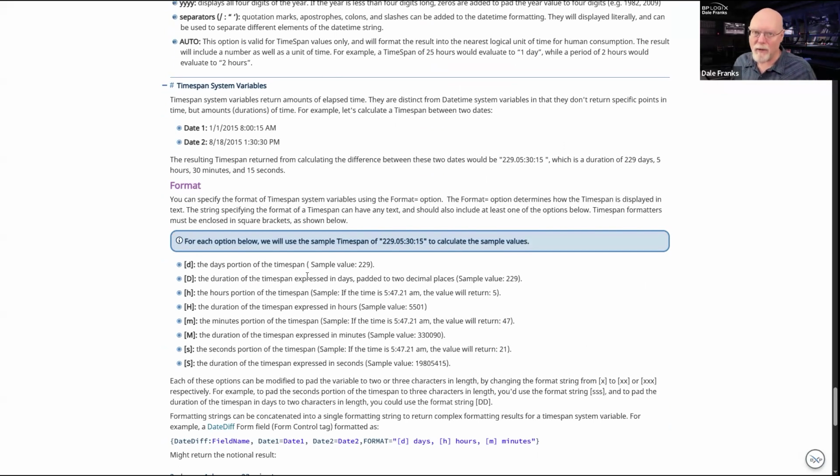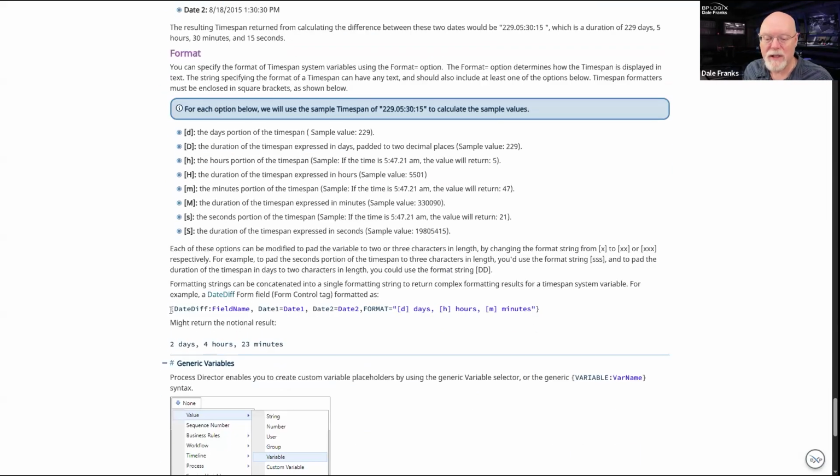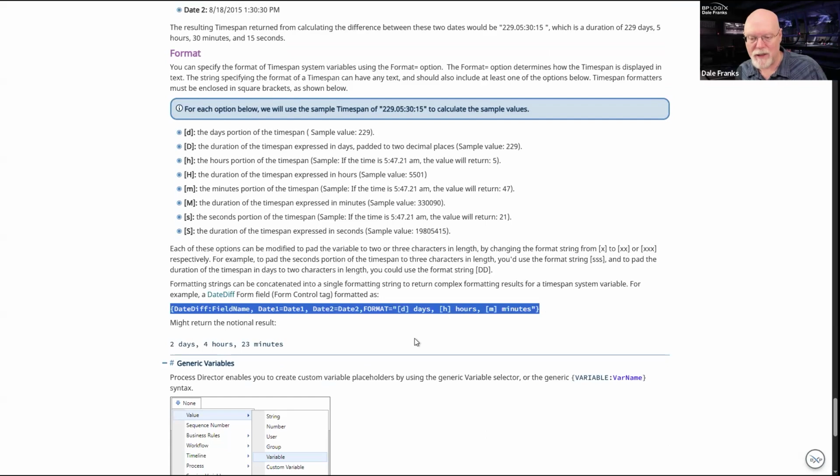Time span system variables don't return date times. They return elapsed time. So for example, with the date diff system variable, I want to find the difference in days, hours, minutes, in this case, between two dates. I can certainly do that, but what gets returned to me is not a date time.